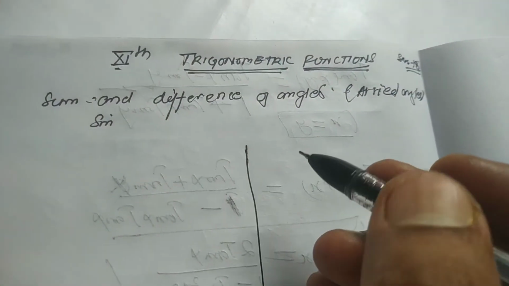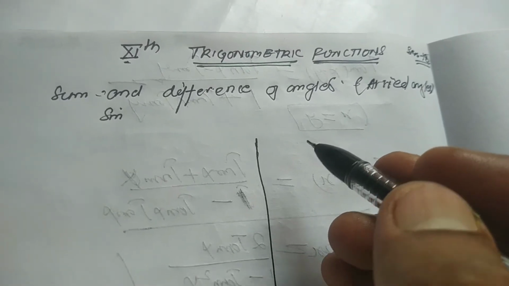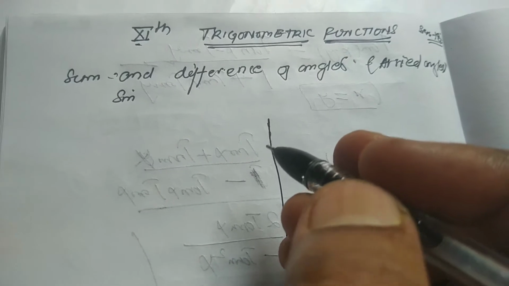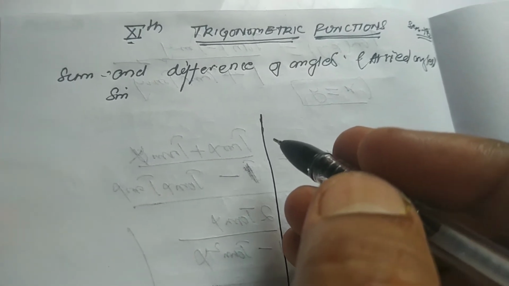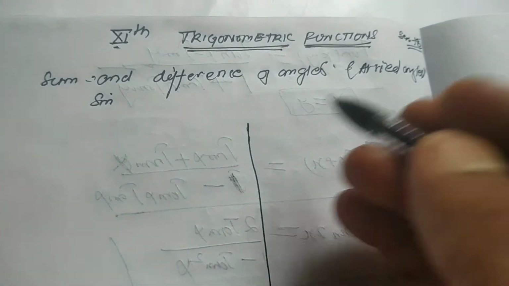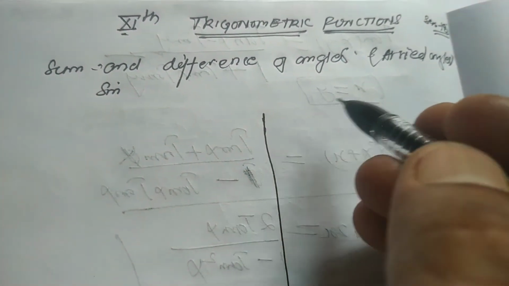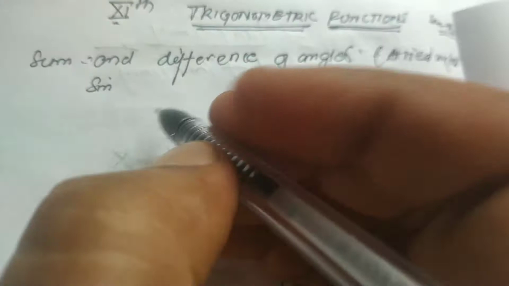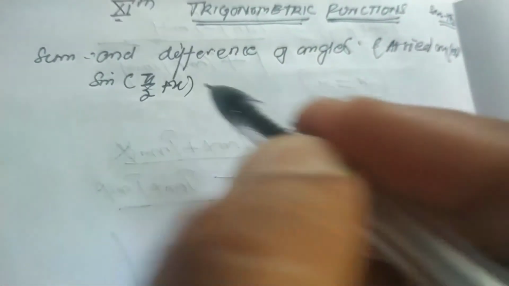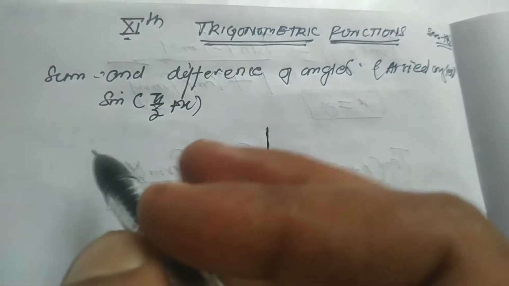In previous sessions we have discussed the sum of angles and difference of angles, like sin(x+y), cos(x+y), sin(x-y) and cos(x-y). And in today's session we will discuss the sum and difference of angles in terms of allied angles. Like we will discuss sin(pi/2 + x), and